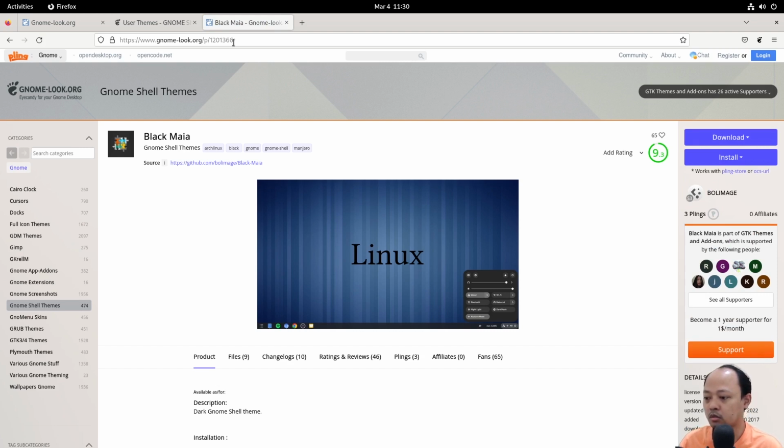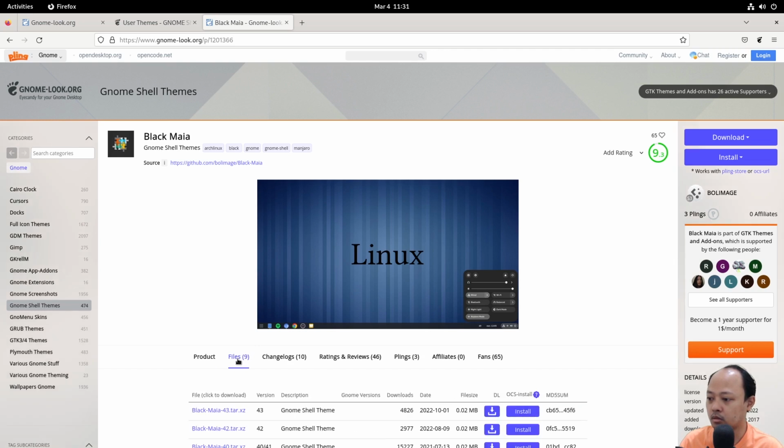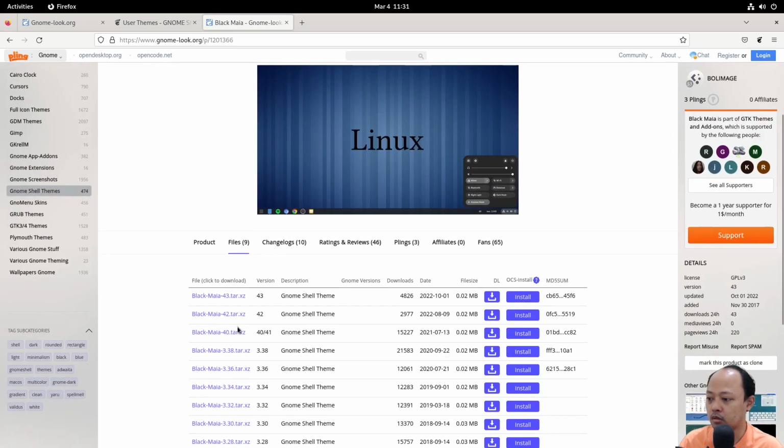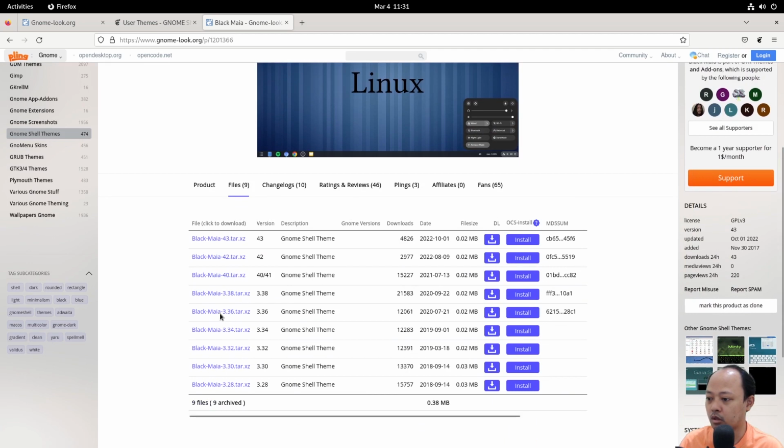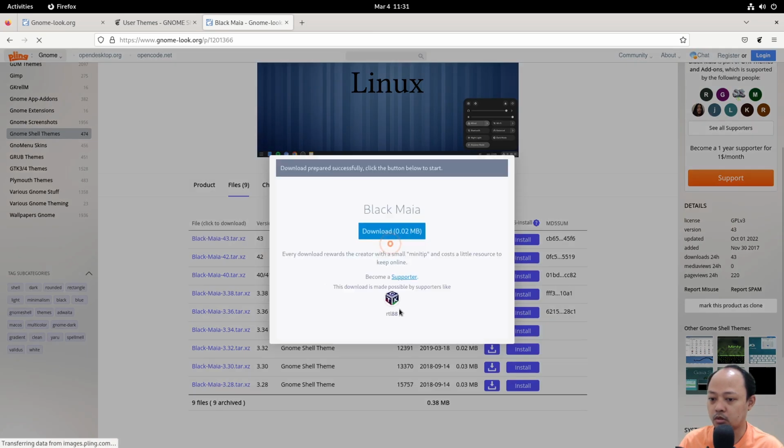And after I go to this page, then click the Files tab here. Then I will click the first row, this one. As you can see here, there's a column called version. Maybe it's related to my GNOME version, which is GNOME 43. I will download this first.